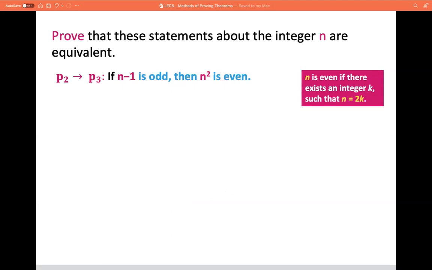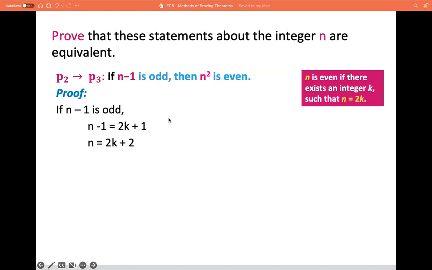Okay, so we have proven the validity or the truth of P sub 1 implies P sub 2. Now let us try to prove the validity of P sub 2 implies P sub 3, which states that if n minus 1 is odd, then n squared is even. So we start with the premise, assuming n minus 1 is odd. Then it is equivalent to 2k plus 1, using the definition of an odd number. And then transposing 1 to the other side, we will have this result, 2k plus 2, okay? And then taking the square of both sides,